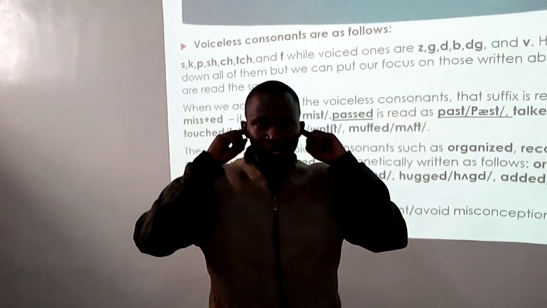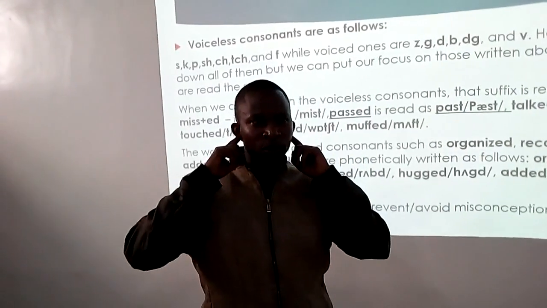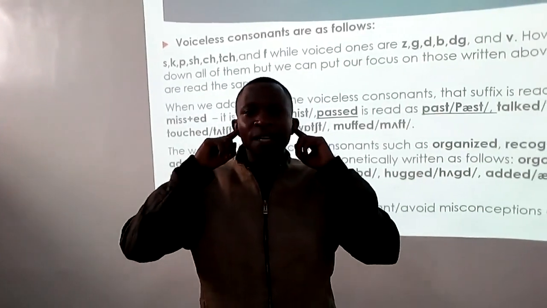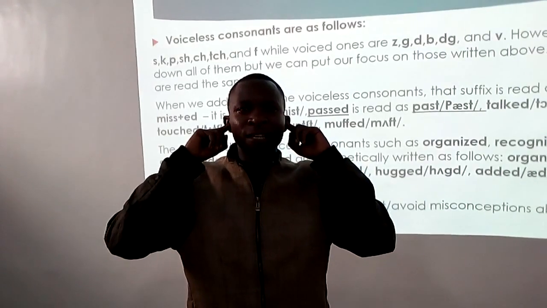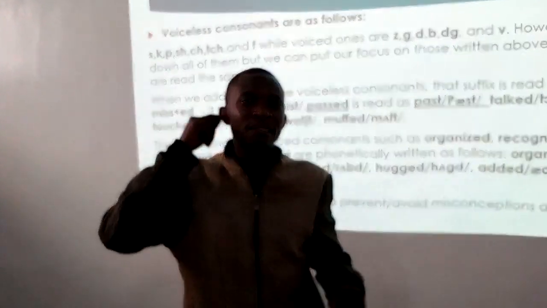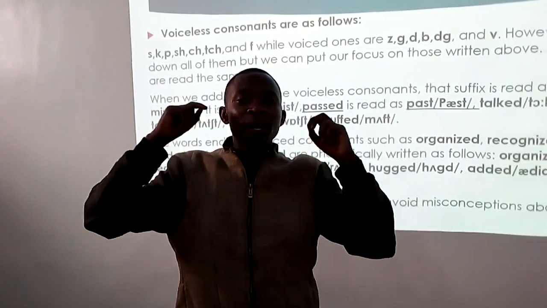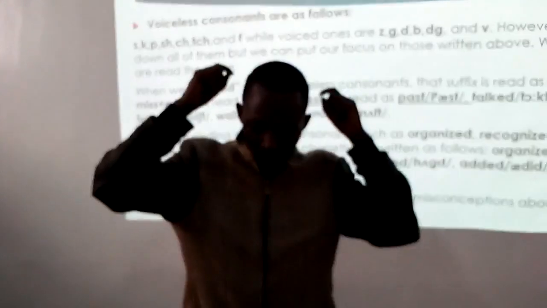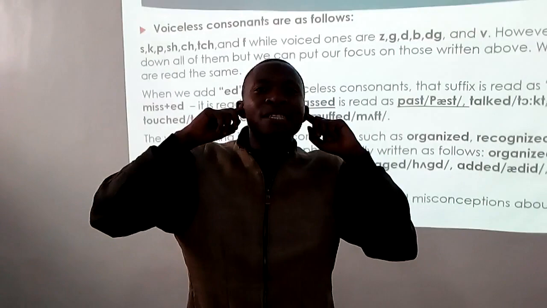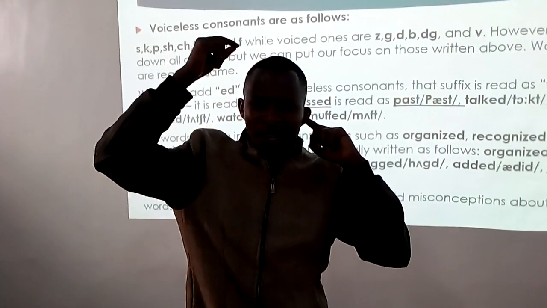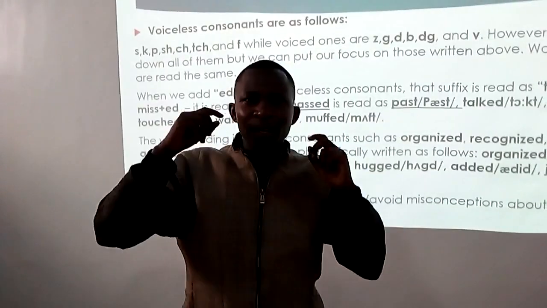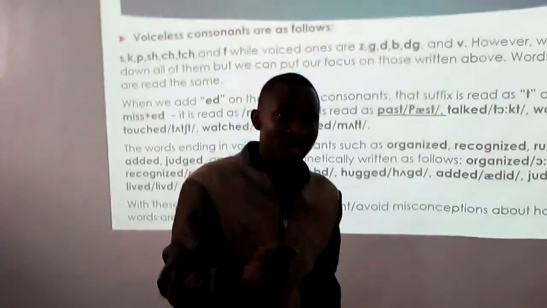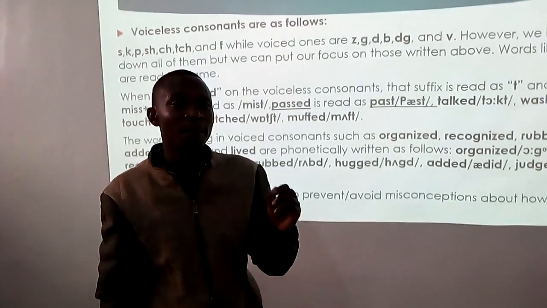If you pronounce, for example, za, of course, there is a buzzing sound that you can hear, a head voice. When you add the -ed, it is pronounced as d. For example,